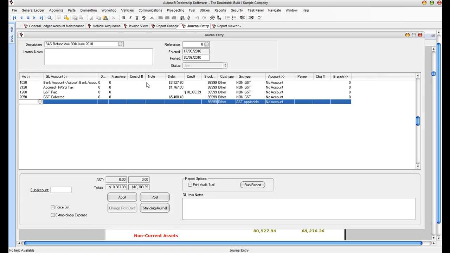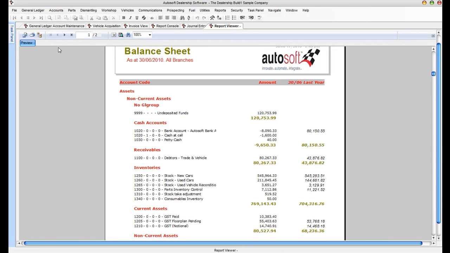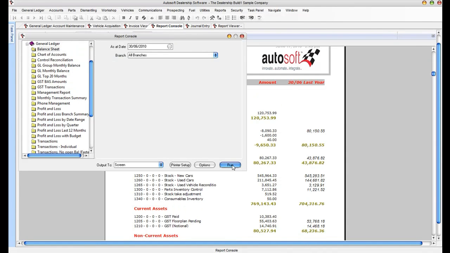And the best way to do it is, as I've done here, with a journal, because either for a refund or a payable, it's the same methodology, just the amount at the top here flicks to either debit or credit, whether you're expecting either a refund or a BAS payment. So I'm going to post those through, and what will happen again now is if we run the balance sheet for the end of the 30th of June again there,